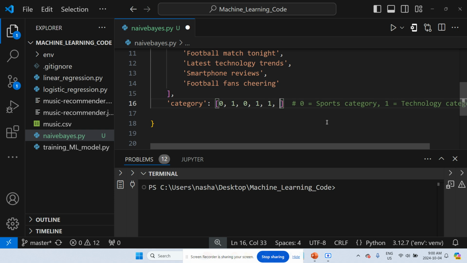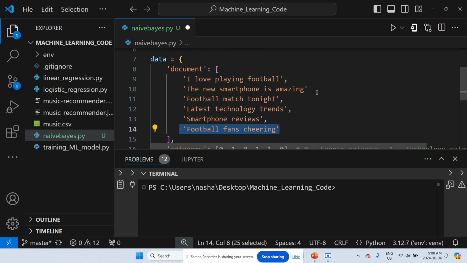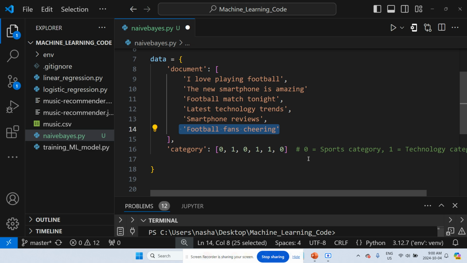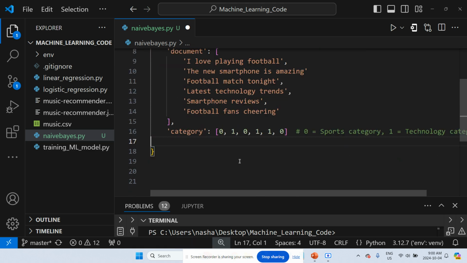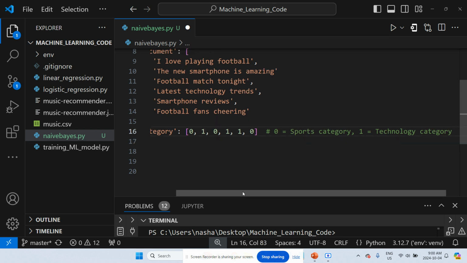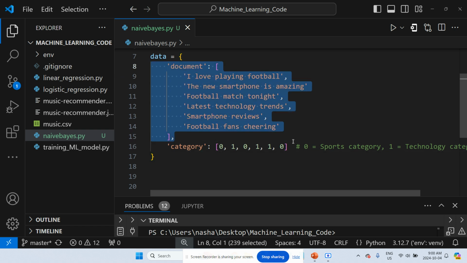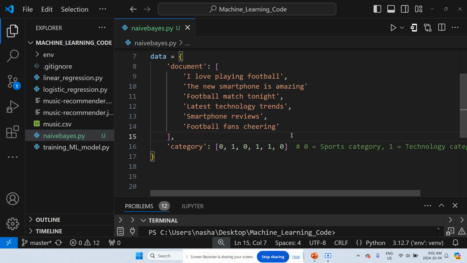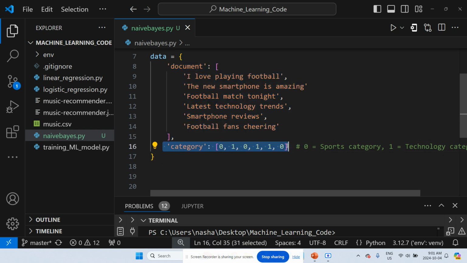Fifth, also technology. And then the last one here relates to football. Okay. So we know this is a supervised algorithm because we have targets or we have labels. If you were to scale this out and let's say you had a large data set of documents that you wanted to classify, you would have to have these target labels,